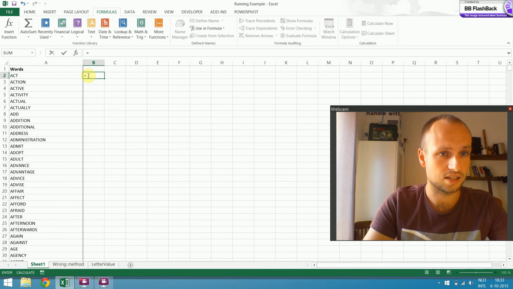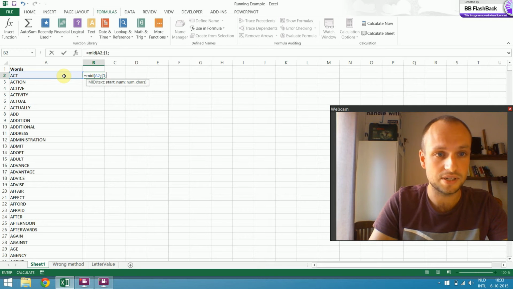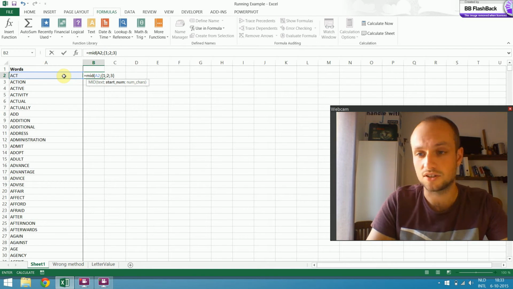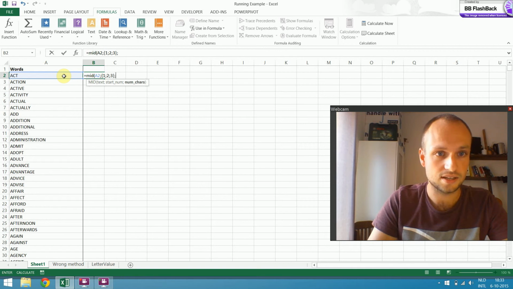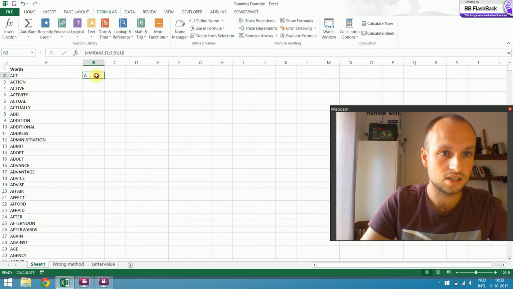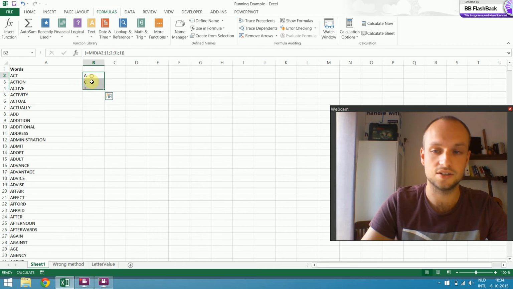Then I can start by using the mid function over this word, and I'll implement here an array 1, 2, 3, which is the starting number, and every time it returns one character. Let's put this in, and let's calculate for the total length of the range. So here are all the letters.